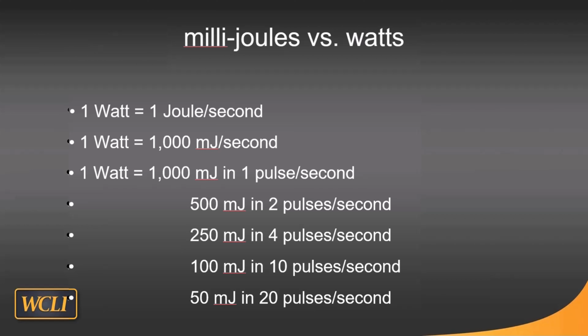If you had 2 pulses per second, then each one of those pulses would have to only be 500, because you've got 500 for one and 500 for the second, and that equals 1,000. So 4 pulses, each one is 250. 10 pulses, each one's 100. 20 pulses, each one's 50. I think you see how this relates now. So if we're at 10 pulses per second and it's 1,000 millijoules in that second, therefore each pulse is 100